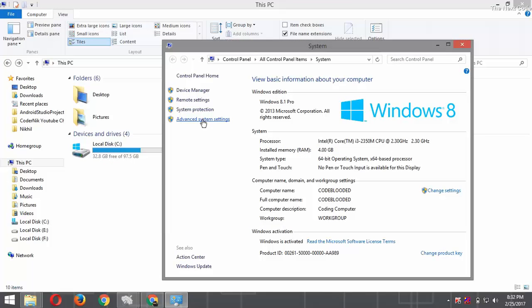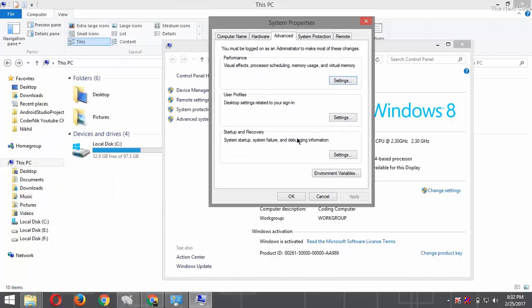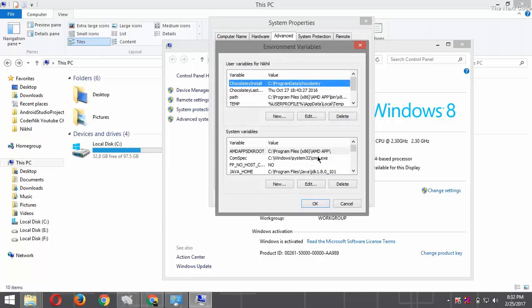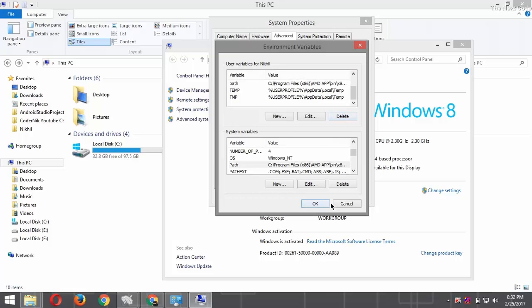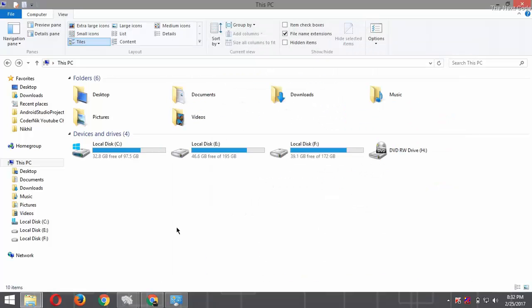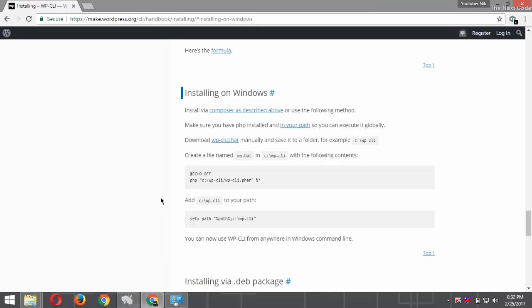here in Windows properties, in advanced system settings, in the advanced tab, in environment variables, I have added it into the path. You can see you can add multiple paths separated by semicolon. So here you can see my PHP, XAMPP then PHP, which means you can use this library globally in your computer. Like I showed you in the command line, PHP is working.